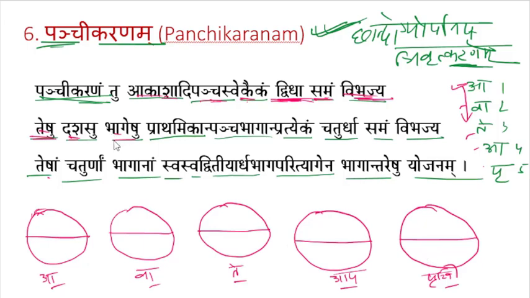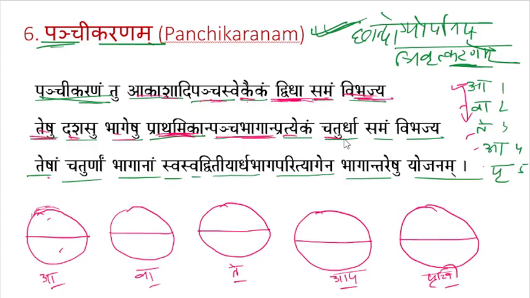Yes. Dashashu Bhageshu. Prathamikan. Prathamika means initially. Panchabhagan. Which one is the Prathamik Panchabhag? If you take the first size circle, which one is Prathamika, this one or this one? The upper one. So Prathamika and Panchabhagan. Among these 5, the Prathamika Bhaga, that one you need to do